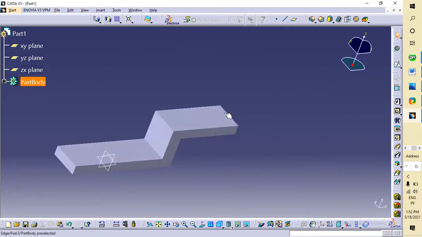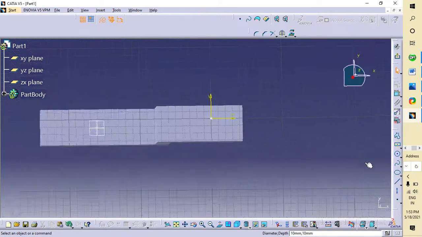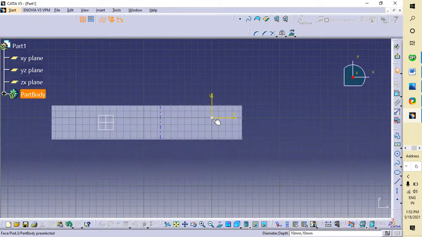Now you have to draw a circle. After then we will draw the fillet on each part wherever required. Okay, I am selecting this one and go to sketch. By this way you can draw a circle, as well as you have to go to this circle command, select this one, and you have to position yourself. If you want to position explicitly by yourself, then go to positioning sketch and select okay.